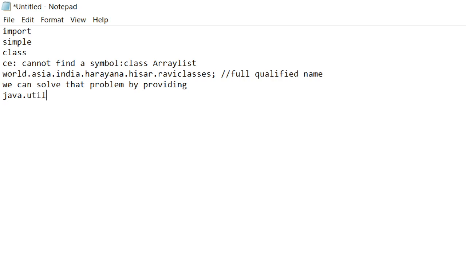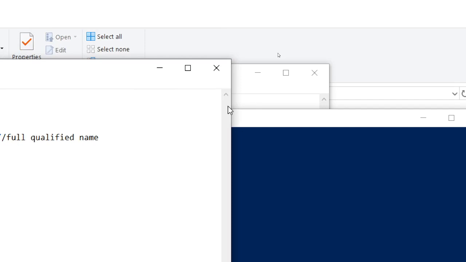There is one Java package, in that Java package there is one util package, and in the util package that class is available. So we have to provide fully qualified information like that, so he knows where that file is, and he will import from that file easily.